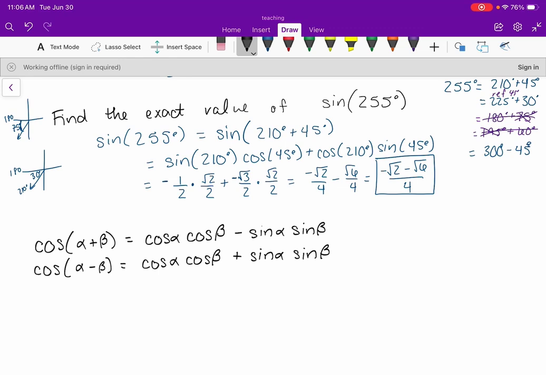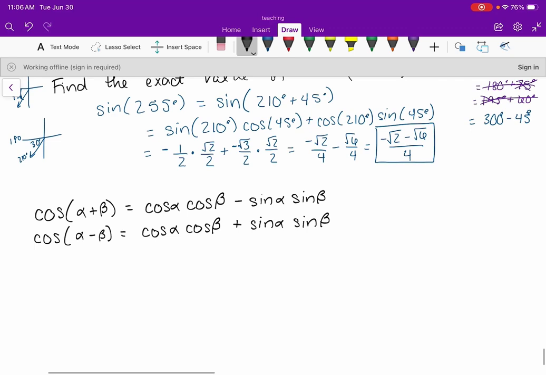And I'll do some more examples of basically the same thing, but we're just doing it with cosine now. And I can also do some more of sine, we can do lots of things. So example 2, I'll say find the exact value